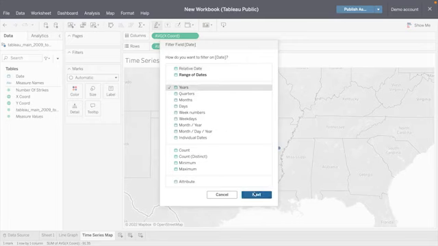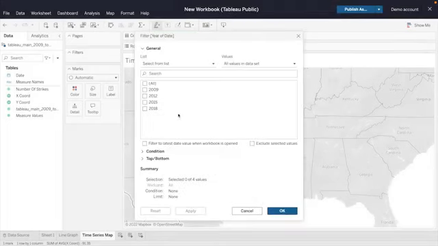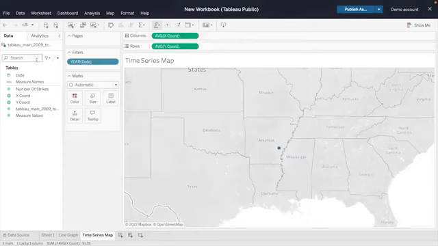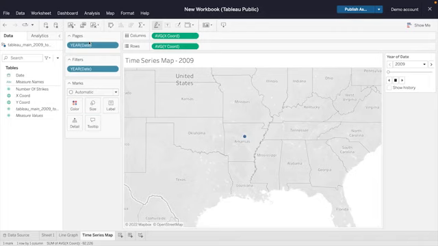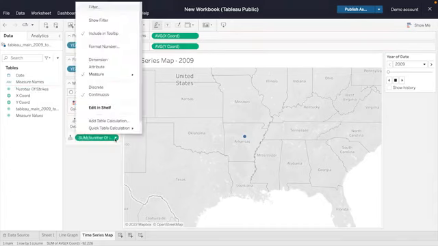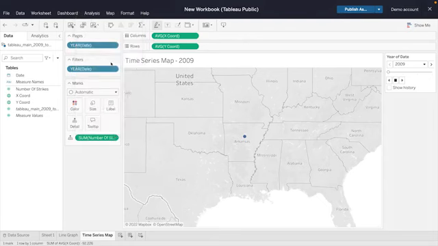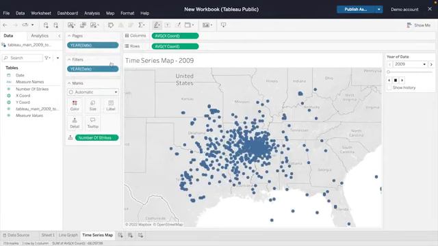The filter field allows us to create a dynamic filter which can be used to select just 1 year of lightning strikes. The pages field can create a distinct snapshot or page of lightning strikes for each year. Finally, add the number of strikes to the detail field. The map showing lightning strike locations is comprehensive. We just need to add the interactive part to it.